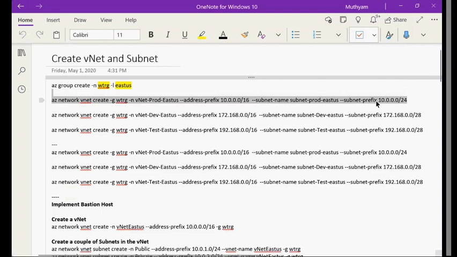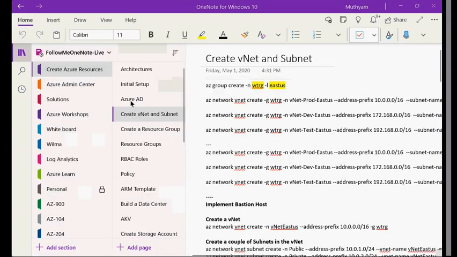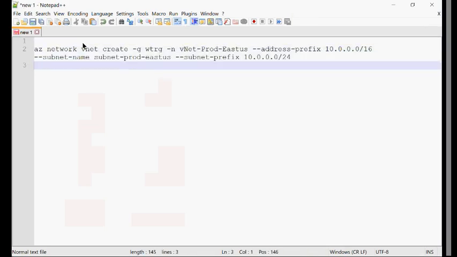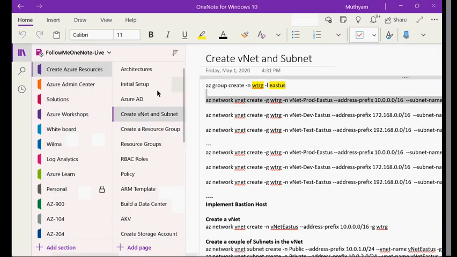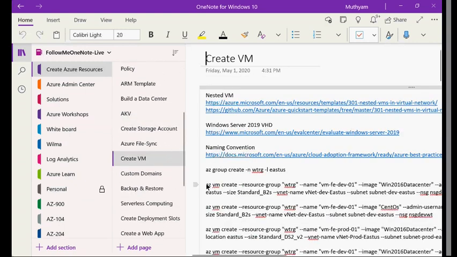I will just add, just to speed up things, I'll use these commands to create a VM here. And here what I want is, I just want to create a VM, right?